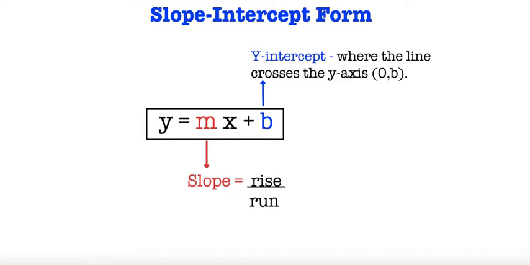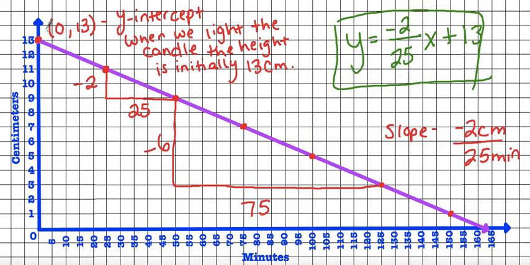And just a quick reminder, remember that y-intercept is where the line crosses the y-axis, and slope is your rise over run, in other words, your rate of change. Now, I almost forgot. Before we move on from here, we have our y-intercept because that's where our line crosses